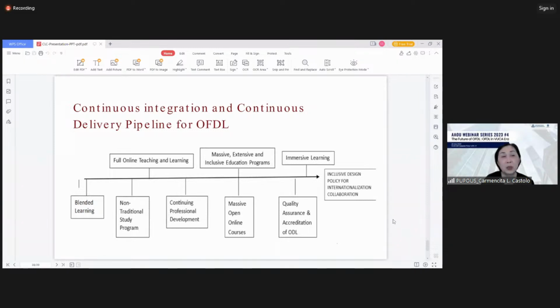As such, it opens doors for us to consider quality assurance in OFDL and inclusive design policies for collaboration for all OFDL. To conclude, OFDL can adapt to change in a VUCA world. One of the key goals of education ought to be to prepare students to be adaptable learners and equip them with meta-learning skills, so that when inevitable changes occur, learners are robust enough to adopt new skills and practices and effectively